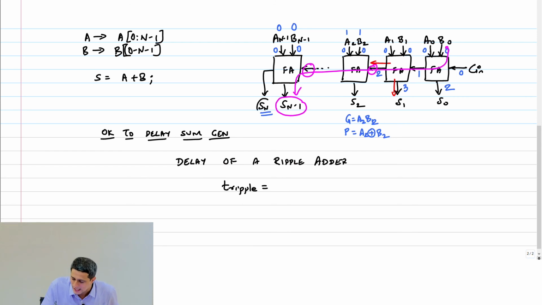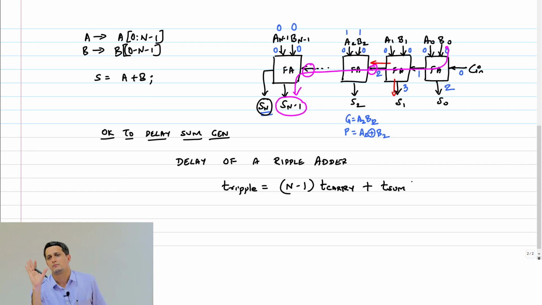What I'm saying is Sn will get generated before Sn minus 1 because of the way we have designed the adder. Carry comes before the sum, right? So this is n minus 1 times t carry plus t sum. It is not n times t carry, is all I'm saying. Okay? So here you can now substitute for n equal to whatever value and carry equal to 1, sum equal to 2, you will find the arrival time, and you can check for yourself. You construct 8 bits and just see if the arrival time is correct or not.